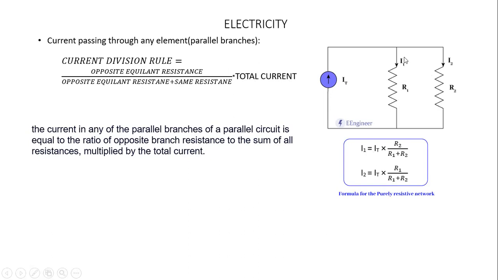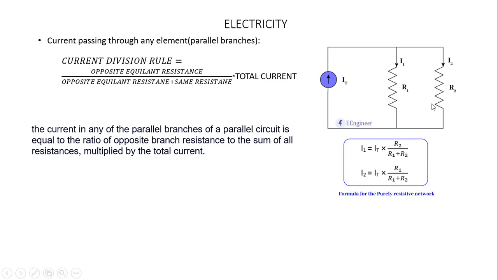Now I have to go for the same thing for I1. If you want to find out I1, it is equal to, what is the opposite resistance here? R2. R2 by opposite resistance plus same resistance. Opposite resistance is R2, same resistance is R1, into total current. What is total current here? I total. And similarly, if you want to find out the current passing through the R2 branch, I2 is equal